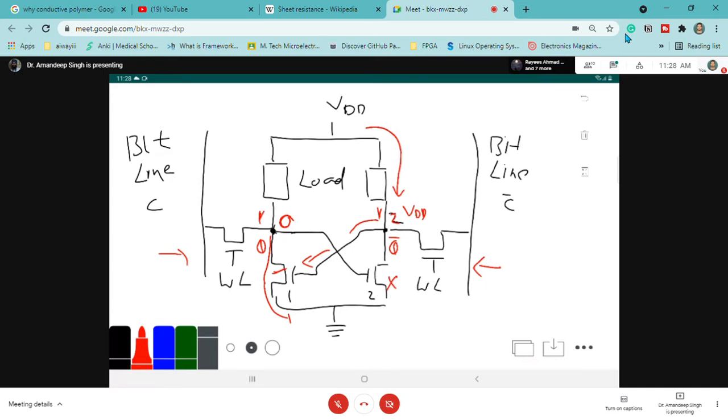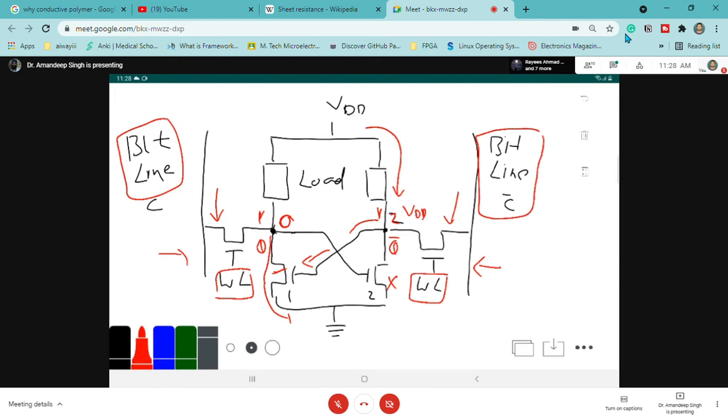Okay, and these 2 are called access transistors. Okay, which are used to access the data, either read operation or write operation. Read and write is done through these 2 transistors, that is access transistors. So that is done whenever your word line is high. Okay, whenever your word line is high. So when word line is high, these 2 transistors are on, and your read and write is done from the bit line and bit line C bar.